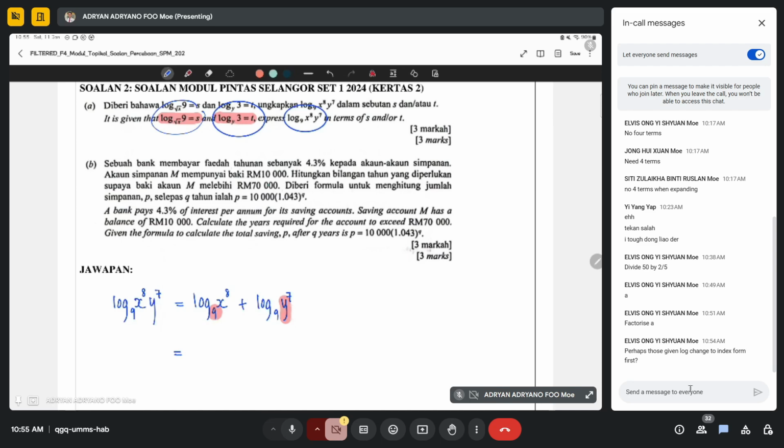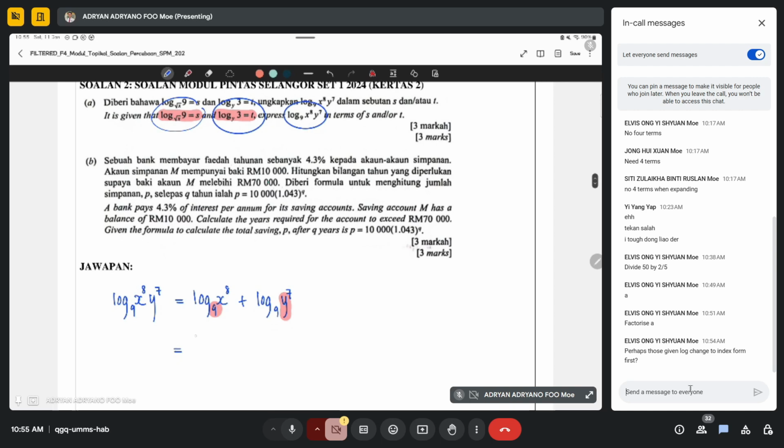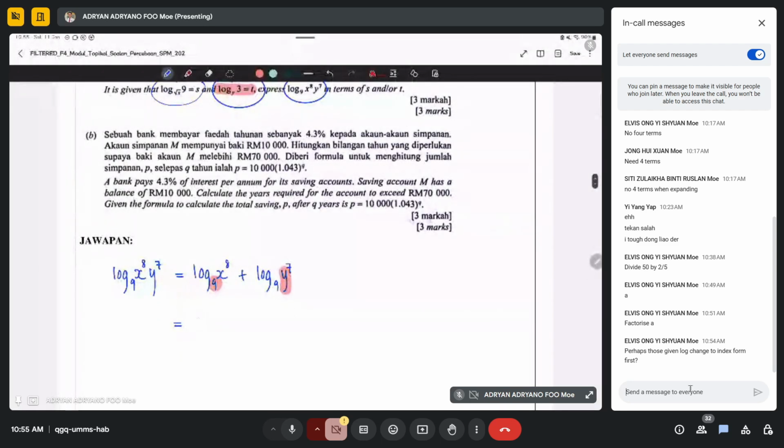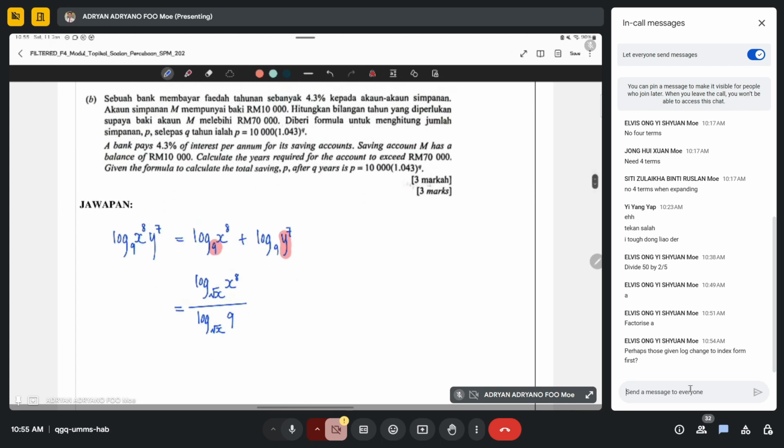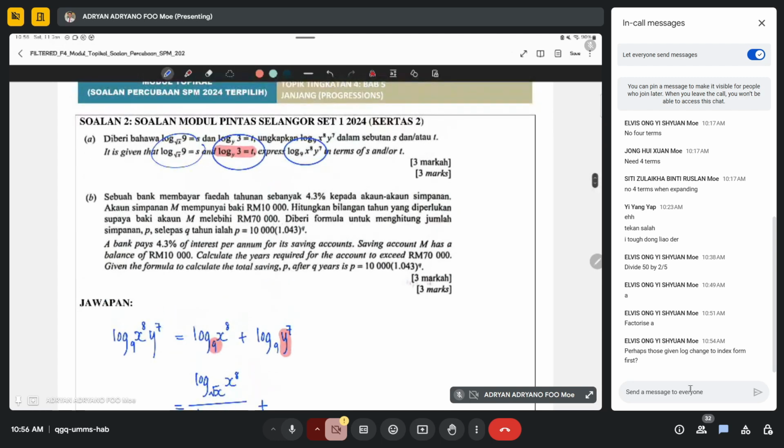Yes, we do not change to index. We continue using the log form also. Okay. So what do we do is we now want to pop this log set x out. So how do we pop it out? We change it to log base set x, x power 8 over log base set x 9. You should understand this already, it is the same formula concept. Now we have log base 9 and then y, we do not want that